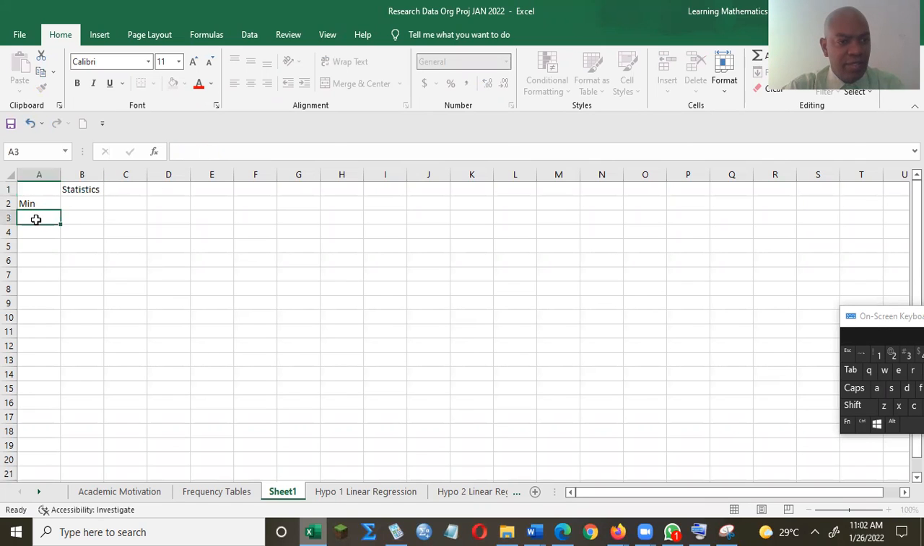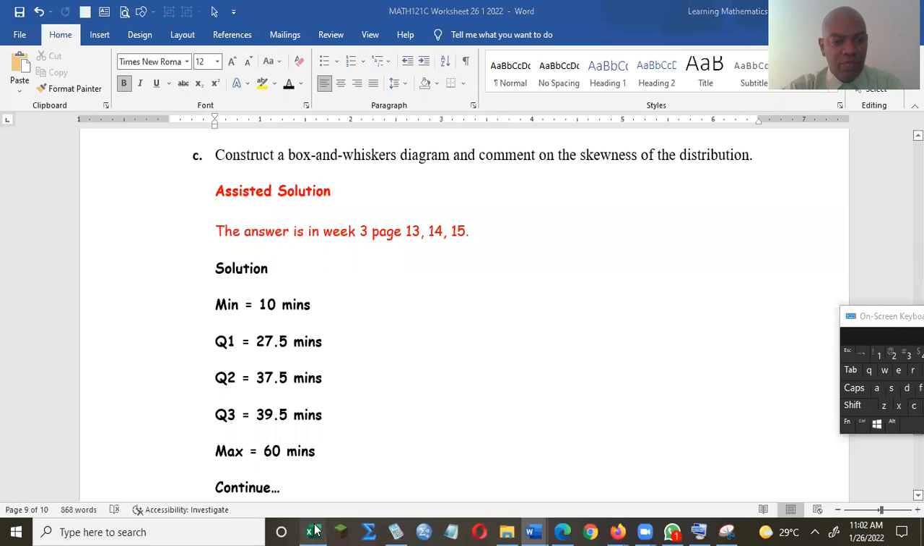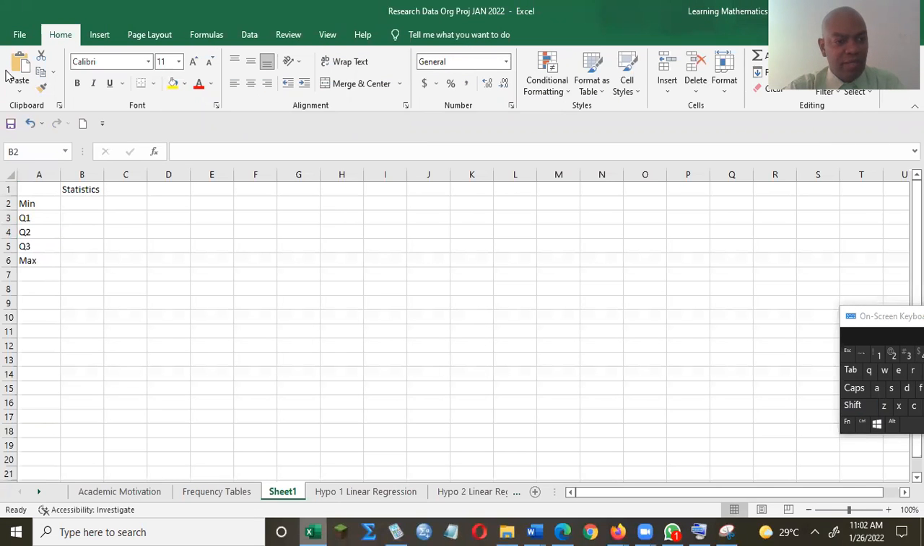Statistics. Okay. Then you have the lower quartile. Then you have the median. Median is Q2, and the upper quartile is Q3, and the maximum value. Yes. So in our example for this interval table that we were using, the minimum value is 10, and the maximum value is